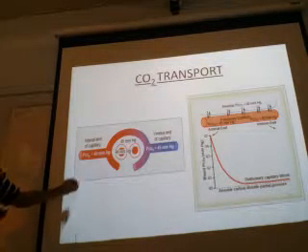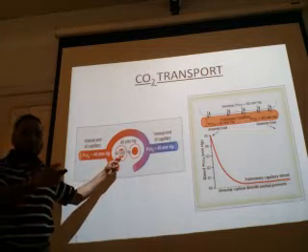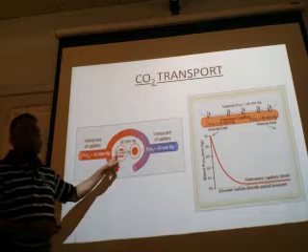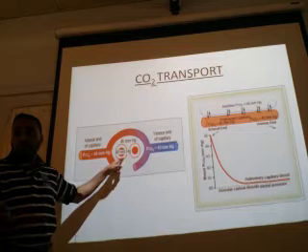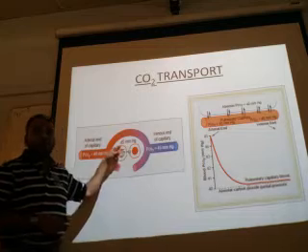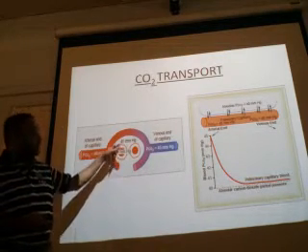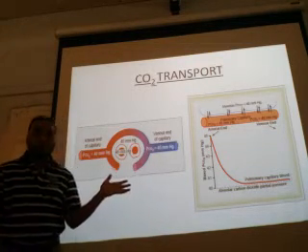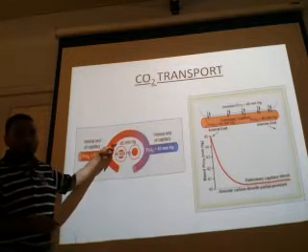Now, this is the tissue level. In the tissues, inside the cells, what is the PCO2? It is 46, the partial pressure of carbon dioxide intracellularly. Outside the cells, it is 45. So where is it higher? Of course, inside the cell. And this partial pressure difference will cause a diffusion gradient. So net diffusion will occur from inside the cell to the outside.